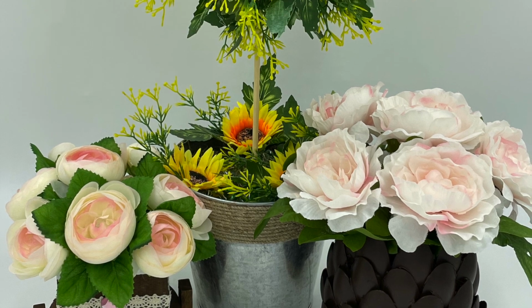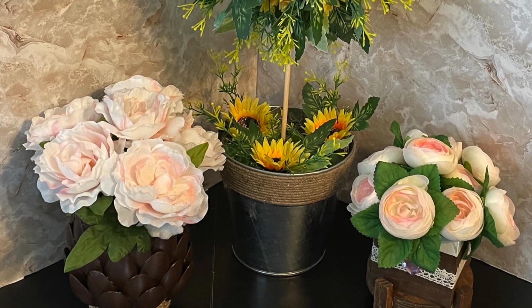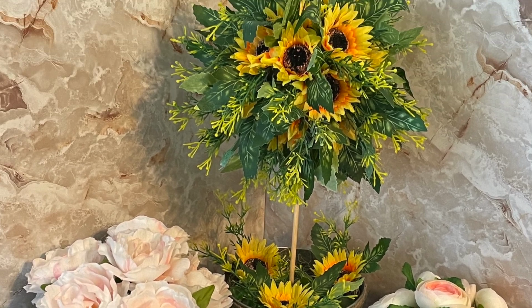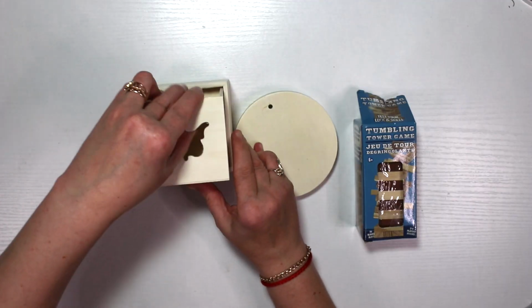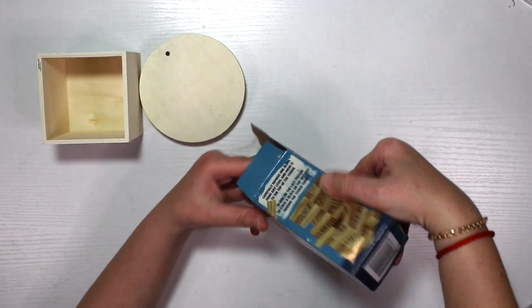Hi guys, today I'm going to show you how to make my top 3 farmhouse DIYs from Dollar Tree. So let's start crafting. For this project you will need a cube from the Dollar Tree, a circle, and 4